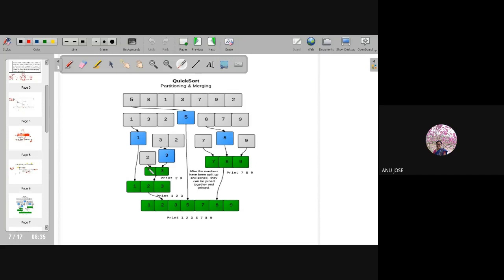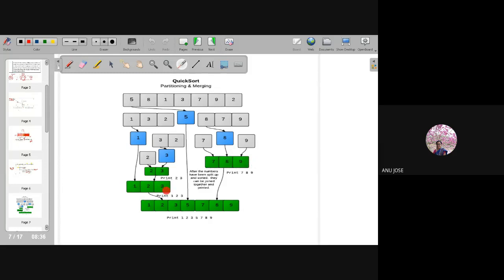Then 1 and 2, 3, which is already a sorted array. Along with that, 1 will be holding, because the left hand side will be the smaller value according to the rule. So the left hand side element will be kept in the first location, then 2 and 3 will be kept. Then coming over here, again 7 will be the smaller element. This is the solution for the subproblem, so that will be merging. From left to right you can merge it, because the left hand side is holding the smaller value. So 7, 8, 9 will be the solution for this subproblem.